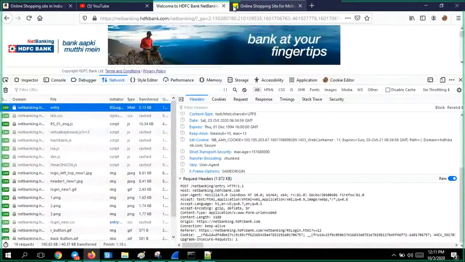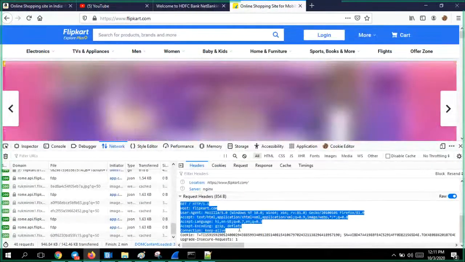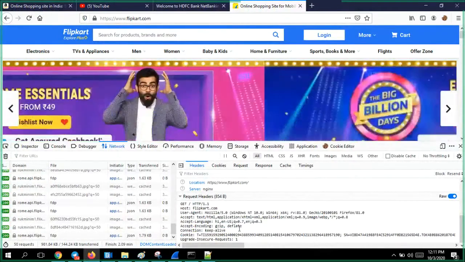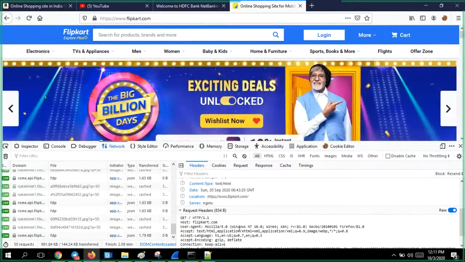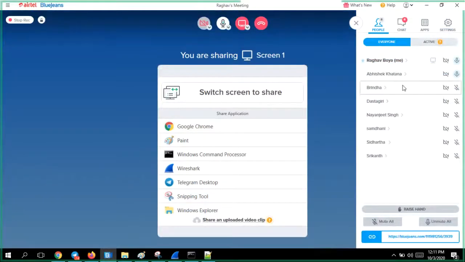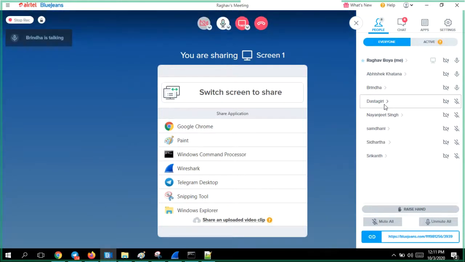Now I think you got the clarity on these particular things. Shall we move on? Sure. Anyone has got any doubt? Let me check. Brinda, any doubts? Abhishek? No, sir. Raghav, Dasta?